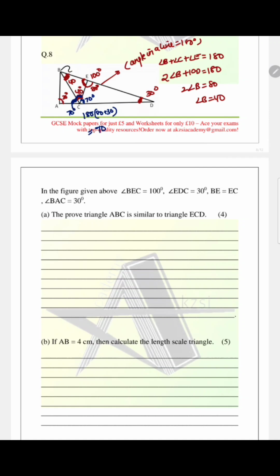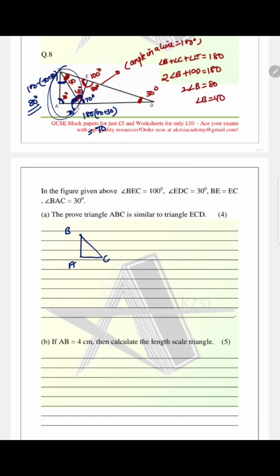Now look at this triangle. This one, the last triangle remaining. In this also I'm aware of 2 angles. This is 30 degrees. This is 70. So the third angle is going to be 100 subtracted from 180, because again I'll be applying the angle sum property, which is 180 minus the sum of the other 2 angles, which is 70 plus 30, which will give me the answer as 80 degrees. So if I compare this triangle